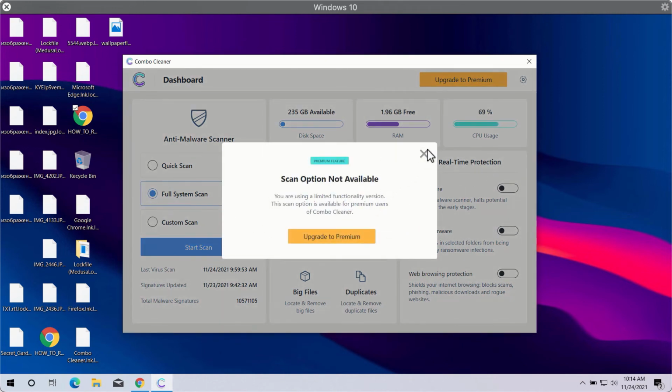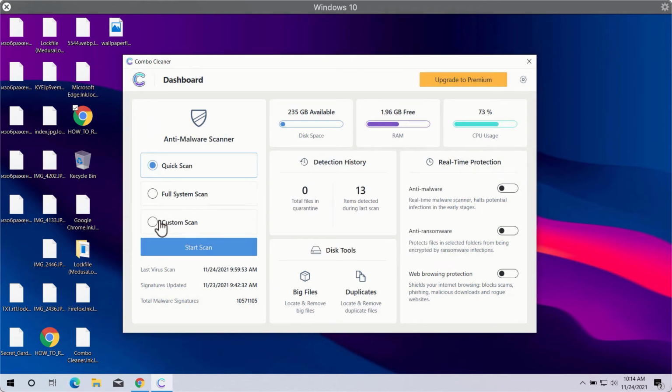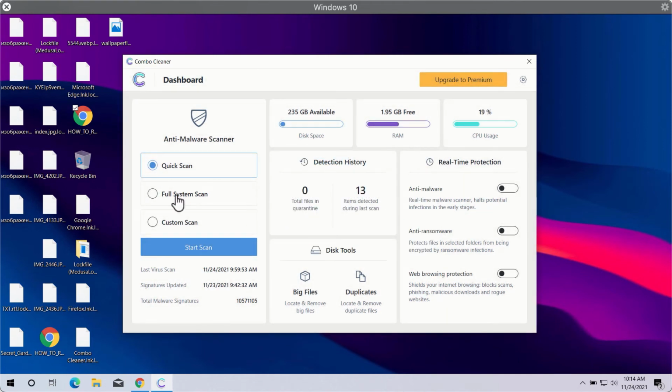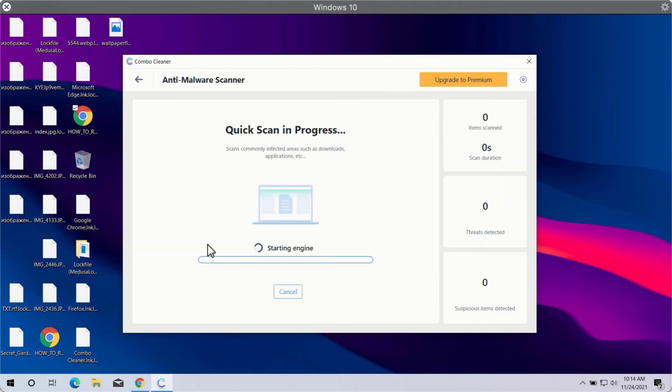Full Scan and Custom Scan are part of the premium license. So to use these two scan types, the premium license upgrade is required. So click on the Start Scan button in order to detect and identify all sorts of malware, ransomware, and other threats